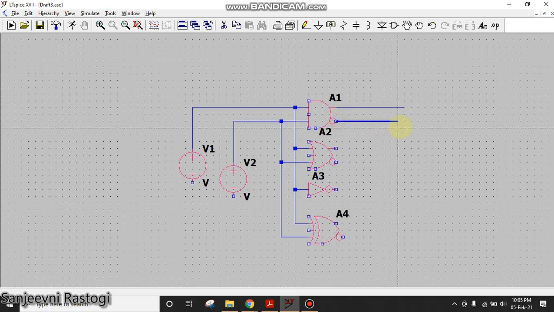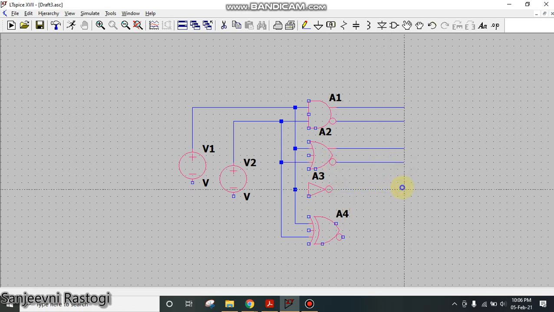Then this will be the output for V1 NAND V2. This is V1 OR V2, V1 NOR V2. This is the operation for NOT of V1. This is the operation for V1 XOR V2 and V1 XNOR V2. Then I will provide ground to V1 and V2.